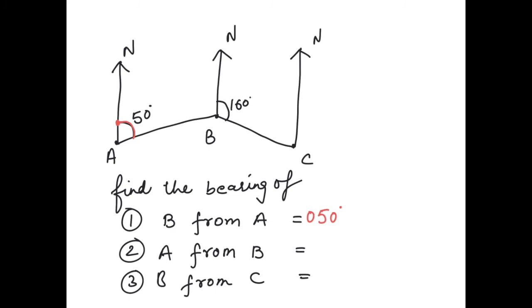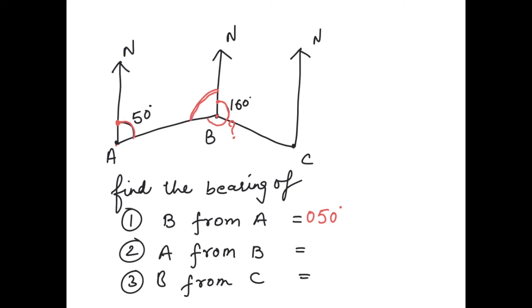Second part, A from B. So now you have to start from the B point. So we're starting from here. We will go until the line traveling to A. So we start from here. We will not stop here because it's not traveling to A. We will go until the line we touch. So this line goes to A. So we need to get this whole angle. So for this, we need to know this part.